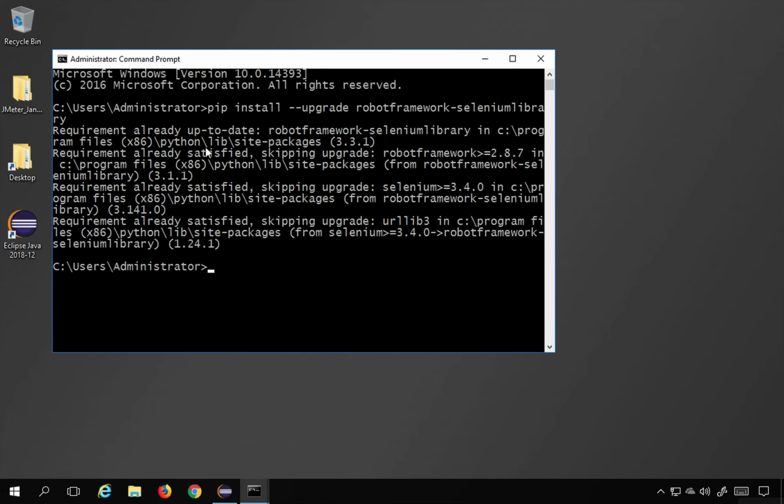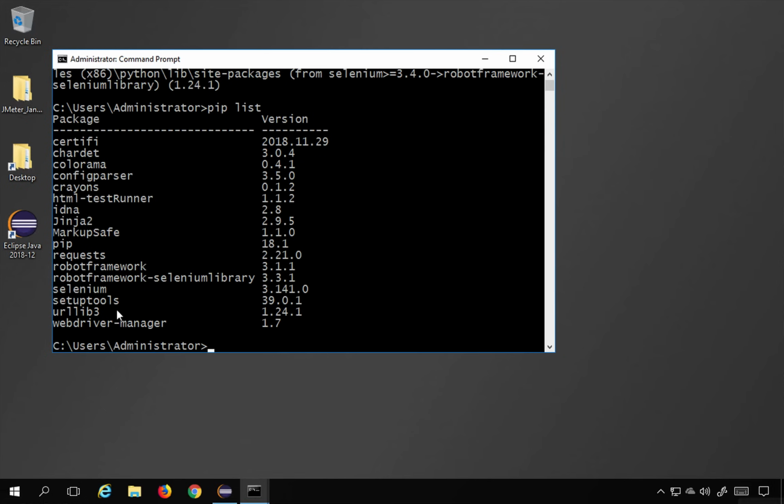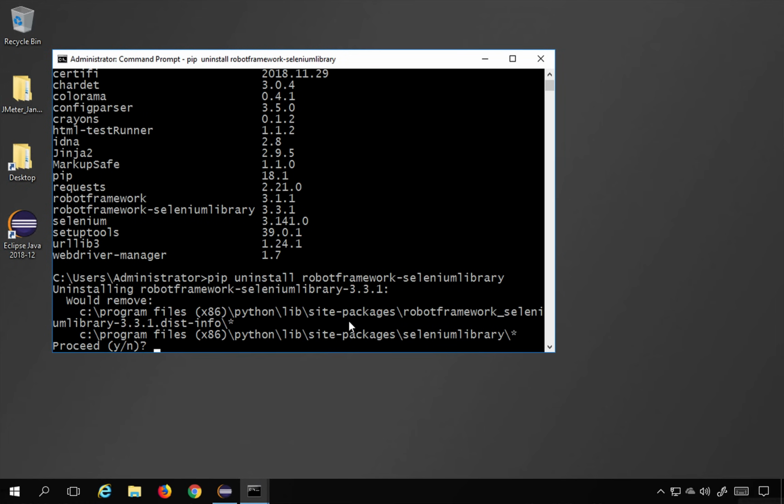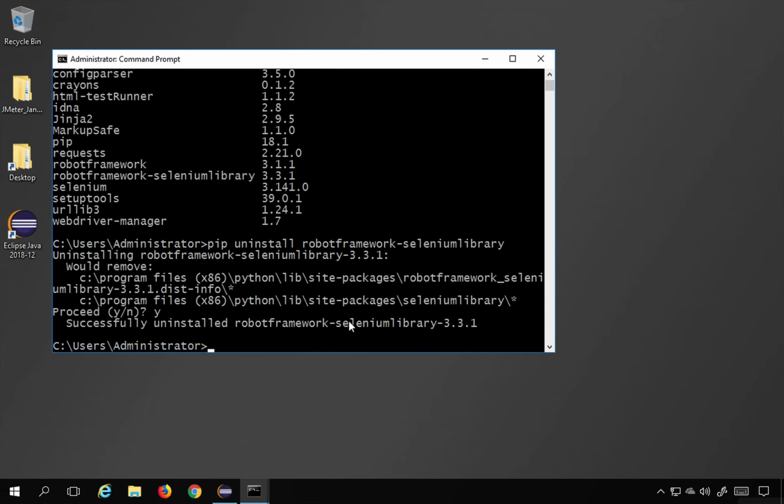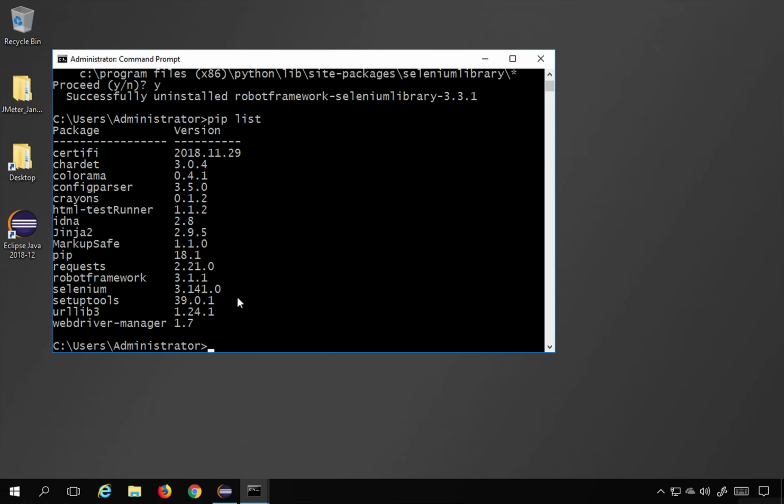And you can see in my case it was already there. If I say pip list, you can see the Robot Framework Selenium library. I can also uninstall and install it again. So I will say pip uninstall, and I will use the same name here, robotframework-seleniumlibrary, and this will uninstall the library. If I say pip list now, you can see there is no library for Selenium, and I will get this again